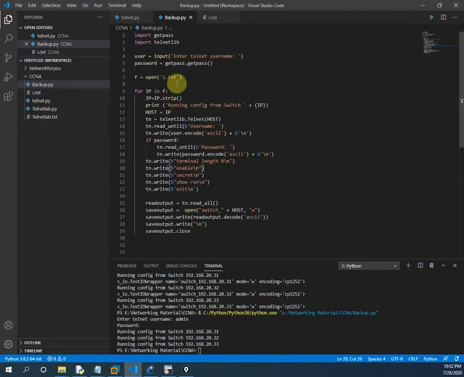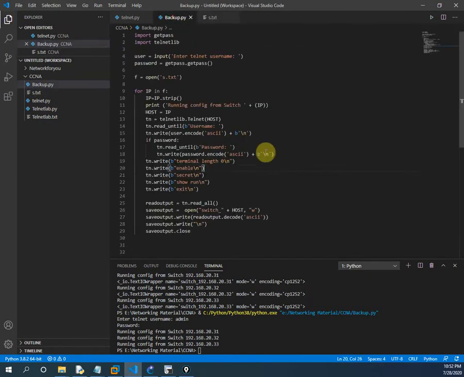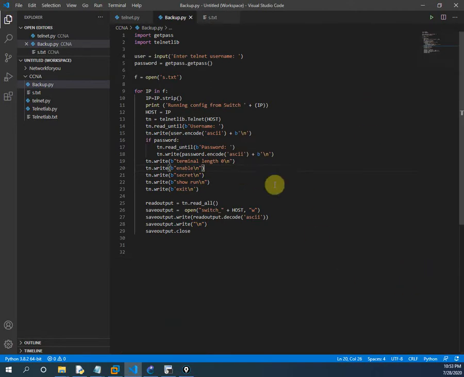This is the code I already wrote here. If you see here, I wrote the code. We are going to create the file here, switch underscore plus hostname, meaning the file name will be switch and the IP address of the host, whatever IP we are calling from this file. Now the code is ready, everything is ready here.